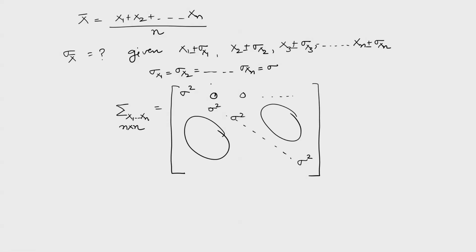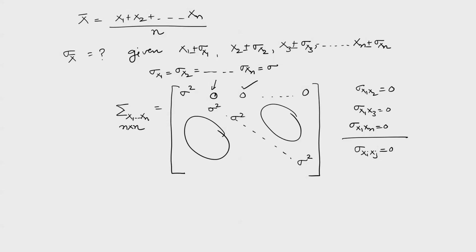Here I am saying that in the variance-covariance matrix, this value is between x1 and x2. So my sigma x1 x2 equals 0, sigma x1 x3 equals 0, and this value 0 is nothing but sigma x1 xn. Similarly, I can write all other values which are equal to 0. So I can say in general that sigma xi xj is equal to 0. All the covariances between any variables are 0, because all are independent of each other while we measure in the field.